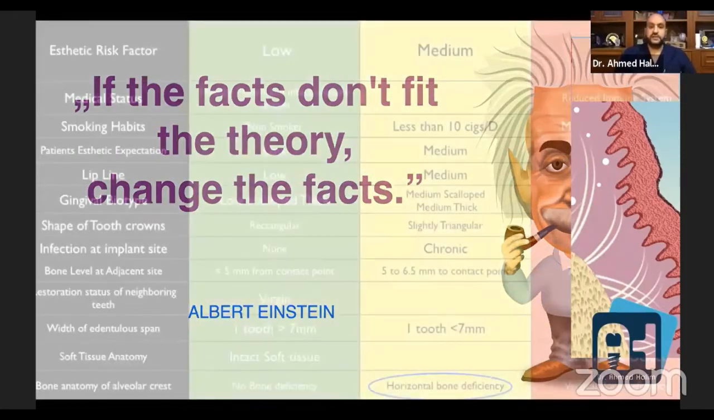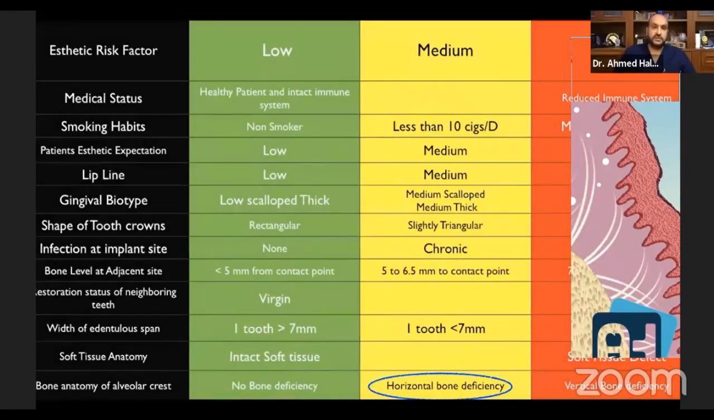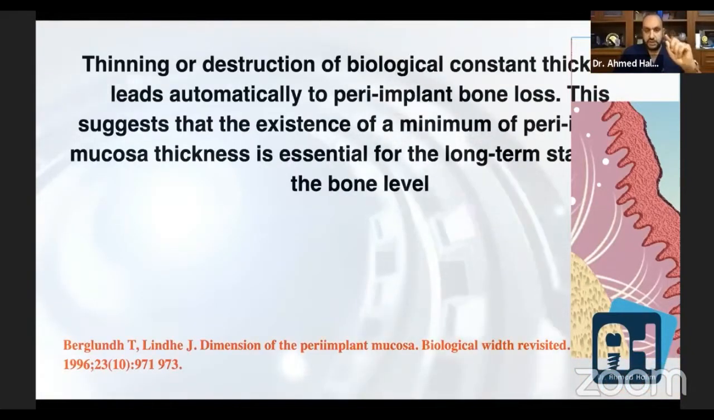Sometimes you face difficult cases with a horizontal bone defect, gummy smile, smoker patient, then thin gingival biotype. Then here you have an aesthetic challenge for your patient. How can you manage this? And you remember that you have a biological constant around the implant, which is 3 millimeters. What if I have a thin gingival biotype around my dental implant, which is only 1 millimeter? You know what will happen? If you have a thin gingival biotype, 1 millimeter around your implant, but your implant needs 3 millimeters,